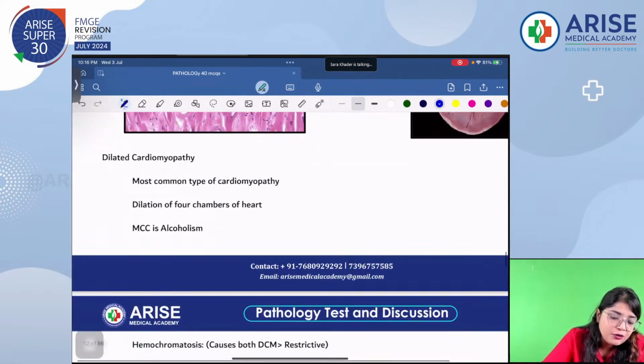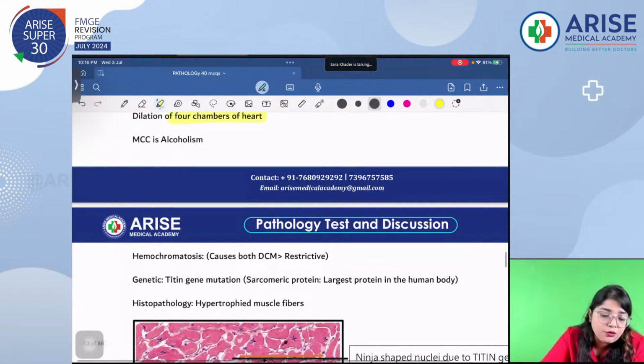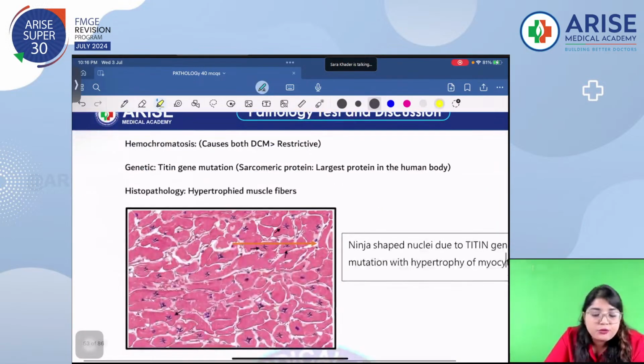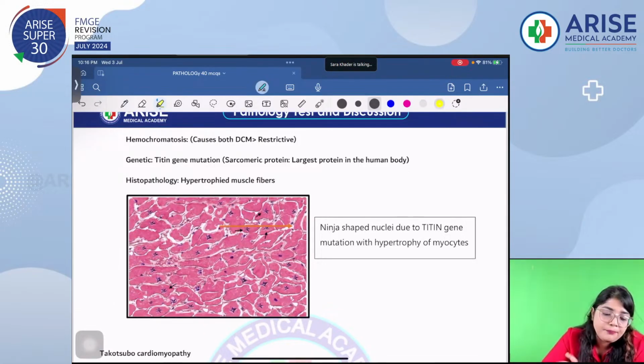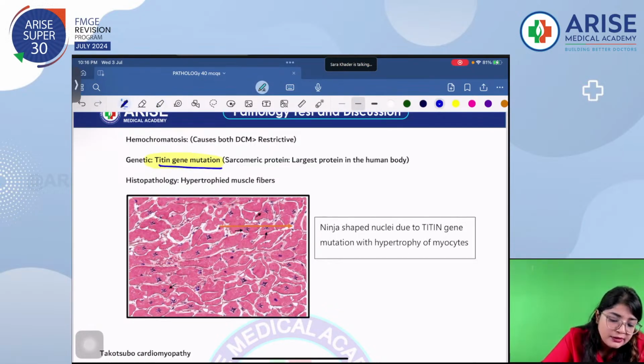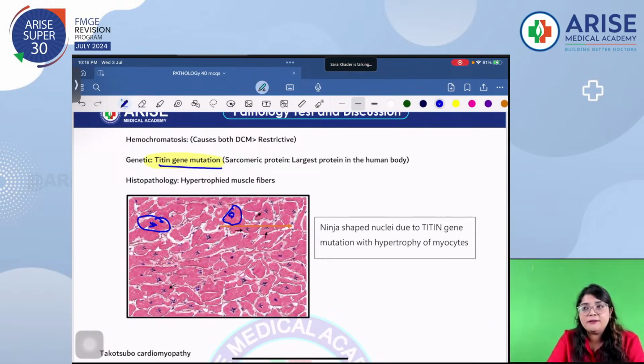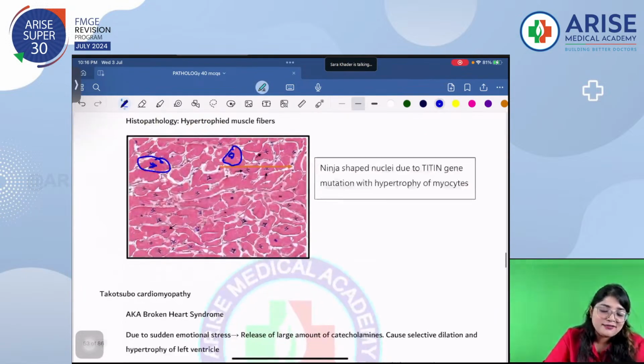What about dilated cardiomyopathy? Most common type. It dilates all the 4 chambers. Most common cause is alcoholism. Hemochromatosis also causes dilated cardiomyopathy, as does myocarditis. And genetic, the titin mutation. You must remember, it shows you the ninja nuclei. Okay, so this is my favorite. Titin gene defect, and it shows the ninja-shaped nuclei. Because anybody who has ever read manga or watched anime can relate with me why this is very close to